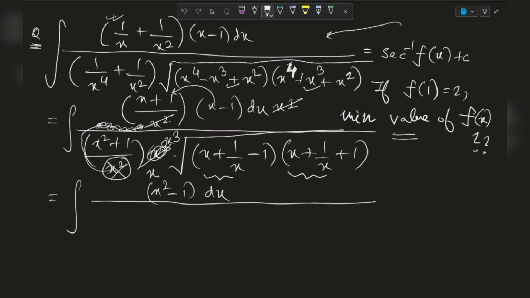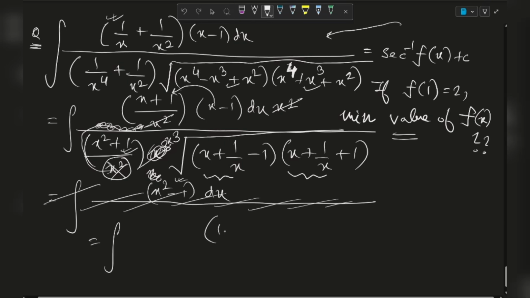Please notice my arrow. So now, because we have x³ here and we have (x² − 1) here, I will basically divide the thing in the numerator with x and this with x². I guess you can understand this power will get adjusted. So I will write it out in the next step. So this is basically 1 − 1/x². It was x² − 1, I divided with x², so this is (1 − 1/x²) dx